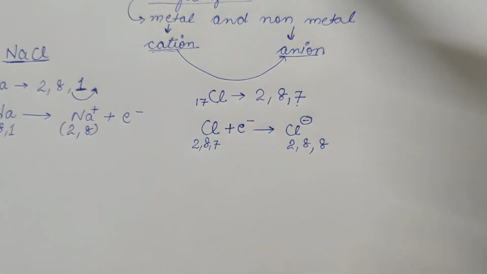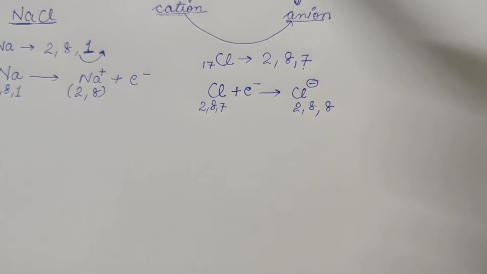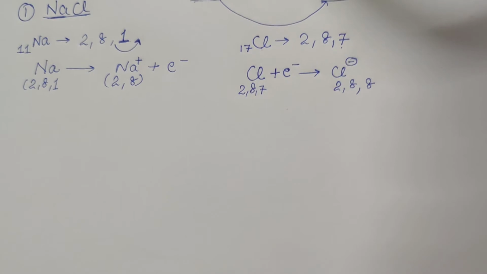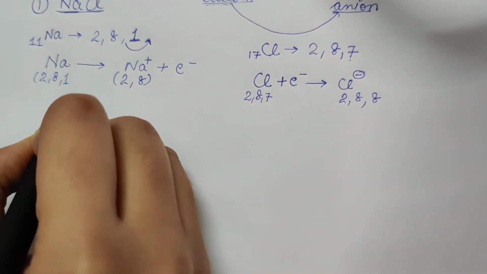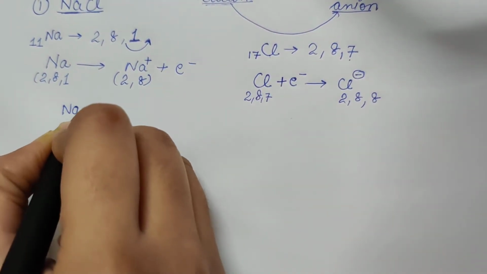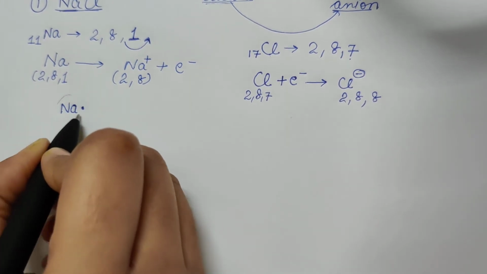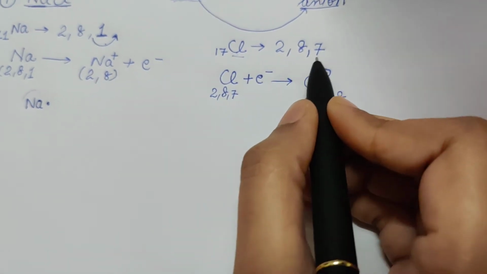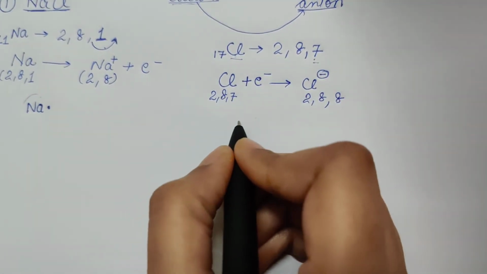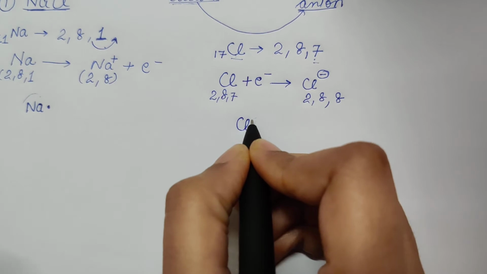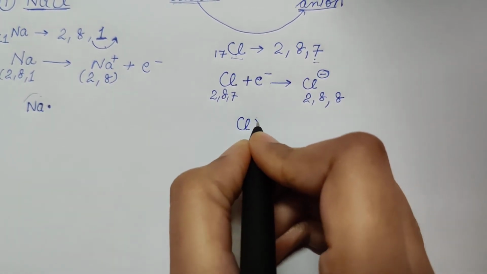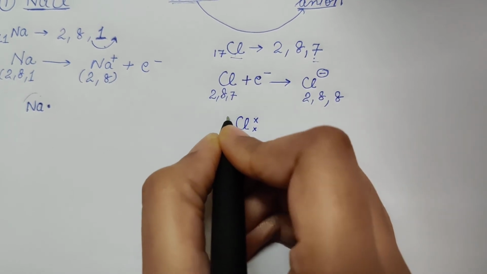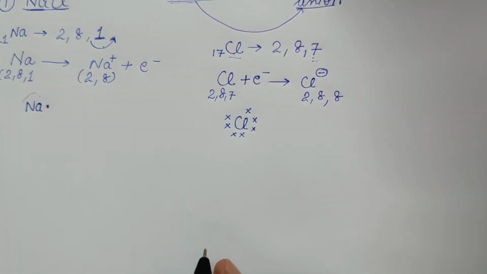Now for both of these you have to represent it in the electron dot structure. Now what is the electron dot structure, or how will you show that? Na can be represented in the dot structure as this, because in its outermost shell it has one electron, whereas chlorine has 7 electrons. So chlorine is represented by, I am showing the electrons of chlorine with a cross. So 1 2 3 4 5 6 7.